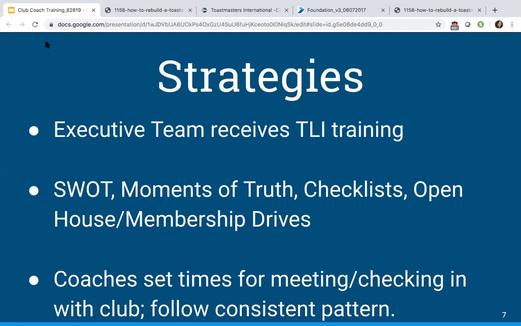If it is deemed that your leadership team needs training, then obviously they need to go to a TLI or a makeup TLI. But if they've missed that, then I have a link in the helpful links area to Leadership Central where they can look at tutorials for their particular roles. For particular assessment and analysis, the strengths, weaknesses, opportunities, and threats, which hopefully you'll do